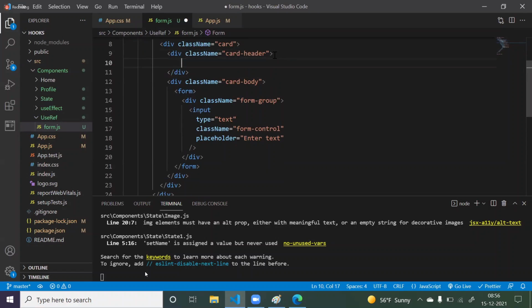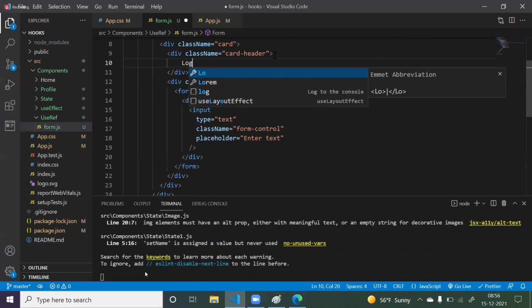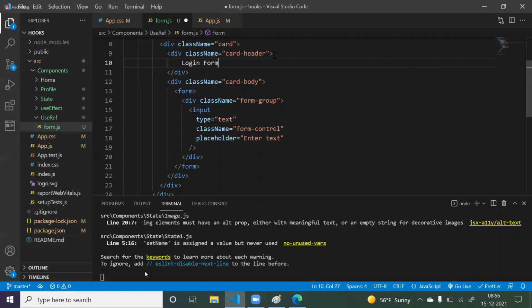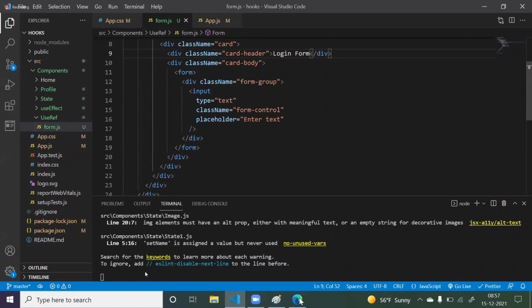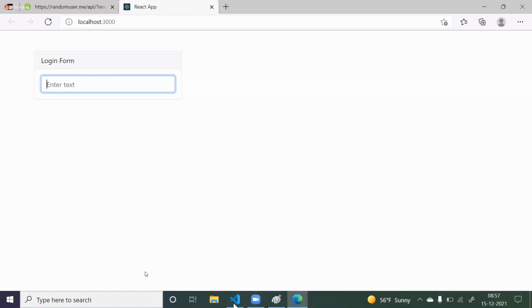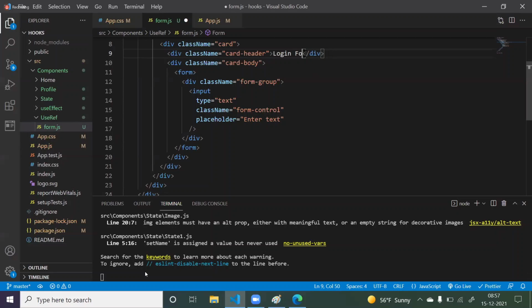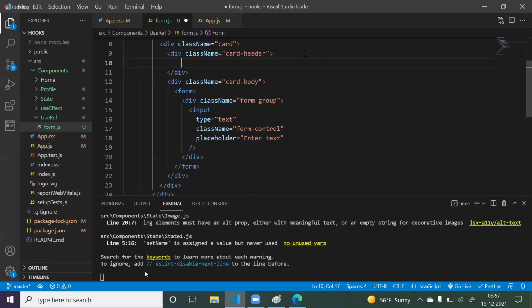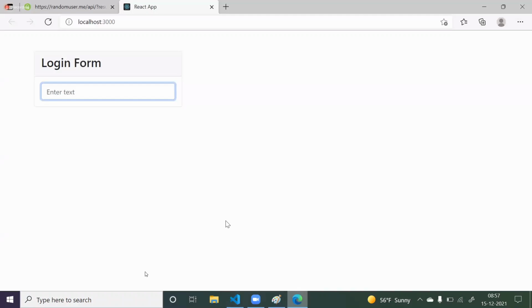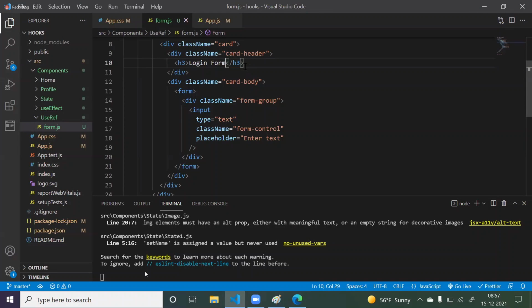And here you can simply say something like login form, and take this inside an H3. Login form. Just we got one login form. If you want to give some background color, we can give that. So here I can give bg-dark, text-white.